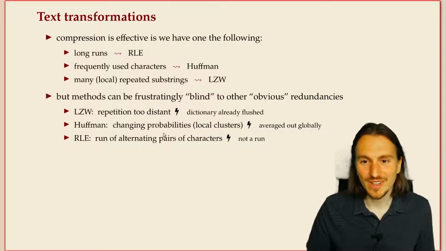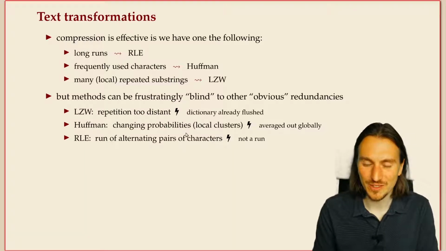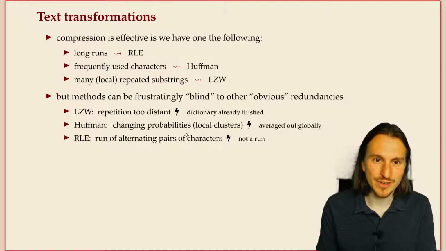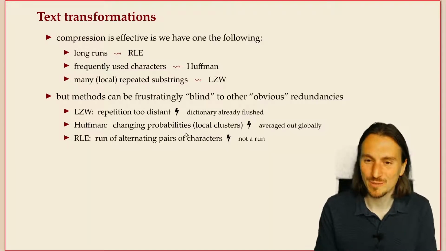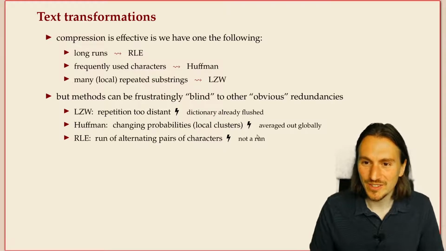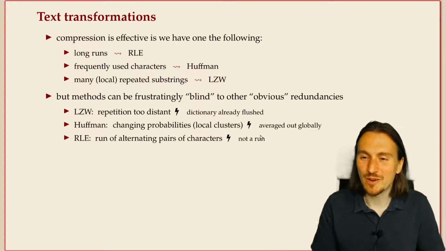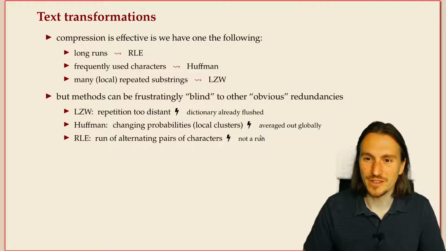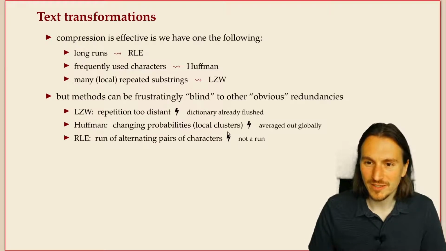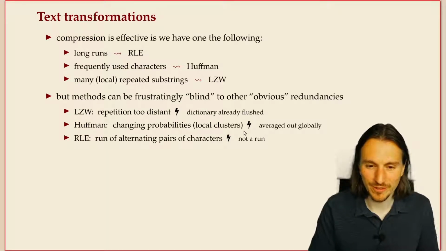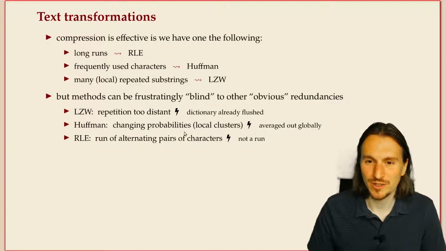Huffman encoding totally ignores that the frequencies can be different in different parts of the text. That's particularly relevant for biological sequences. It just looks at the global average. How often does each character occur in the entire text? And so if you have local clusters where some characters are more likely than others, Huffman is totally blind to